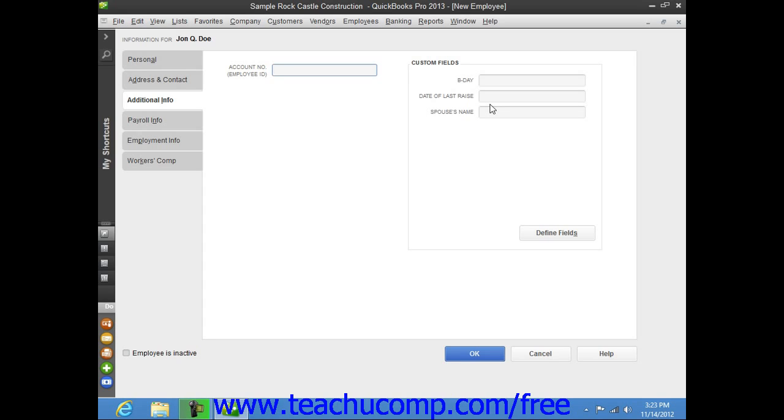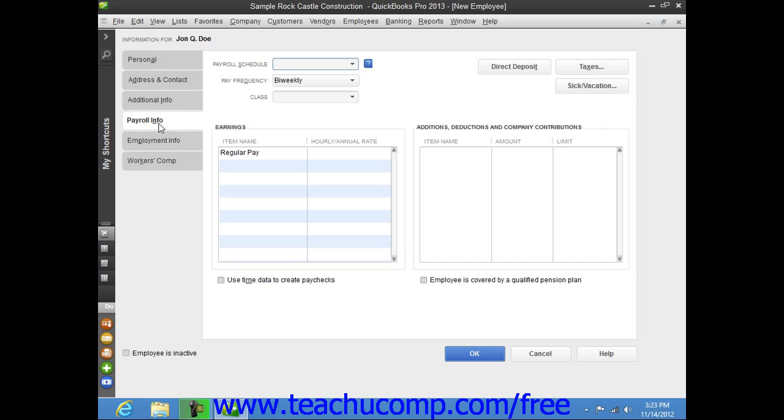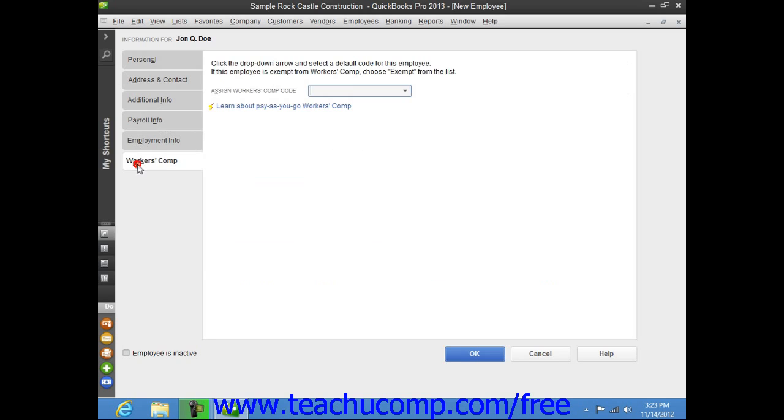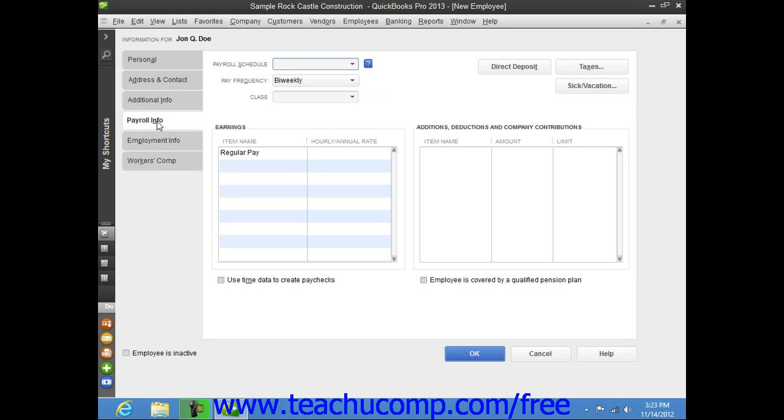Once you've finished the Additional Info tab, you can then click the Payroll Info tab to continue. On the Payroll Info tab, you enter the specific payroll earnings for the selected employee. We will discuss entering information within the Payroll Info and Workers' Comp tabs in depth in a later chapter on payroll. If you will be performing payroll activities in QuickBooks, you should review the entire chapter on payroll before entering